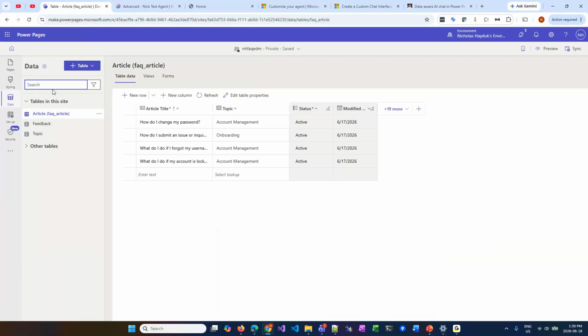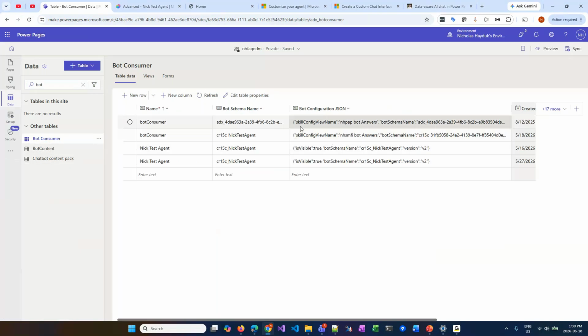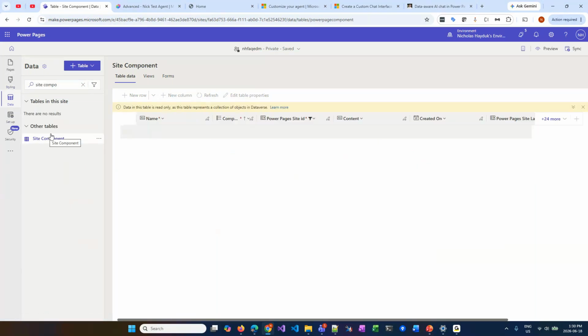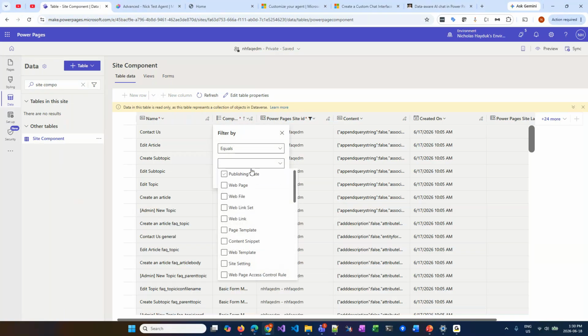Either way, what you're looking for is there's a bot consumer table in the standard data model. If I just say bot consumer, you'll see that there's an actual table called bot consumer here where we can update these variables. In the enhanced data model, this is actually within the site component table, because that is one of those MSPP tables that are handled as a virtual table. So what we do is we go into here and we can say filter by bot consumer,